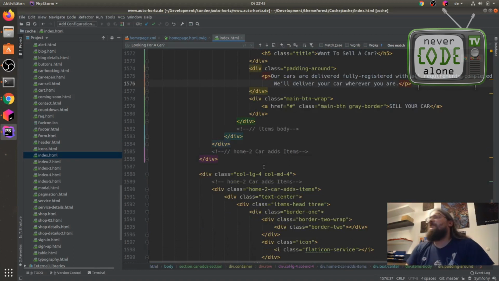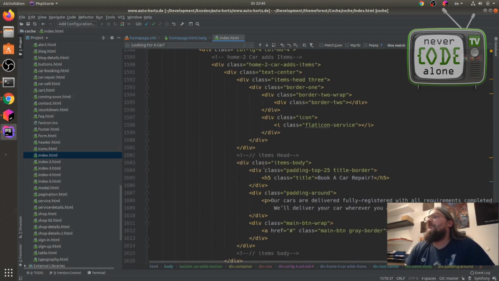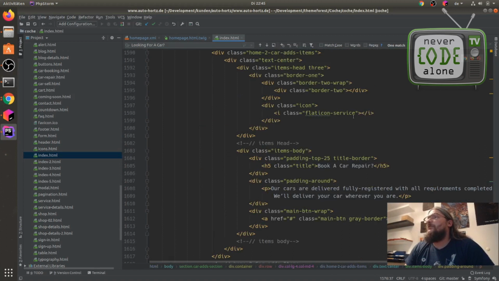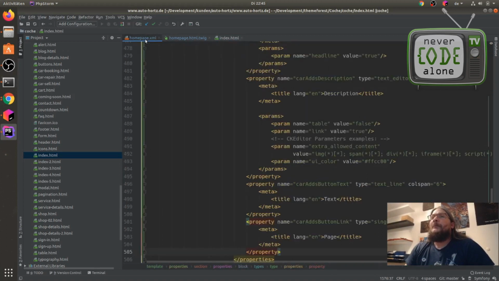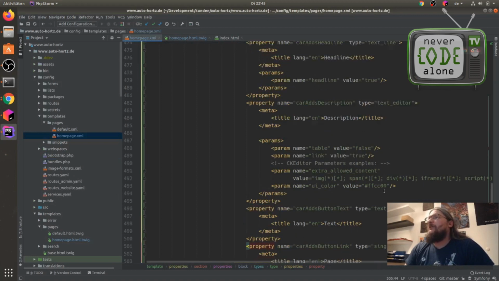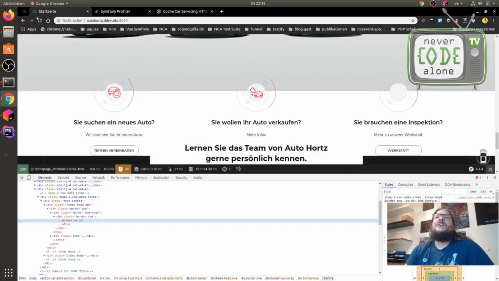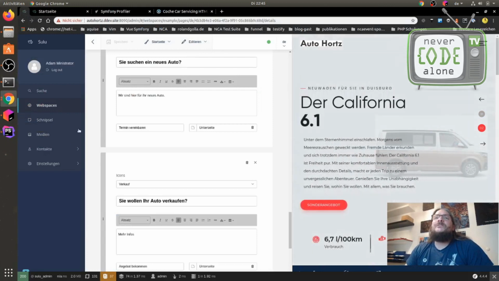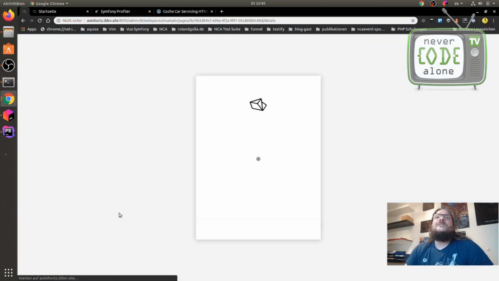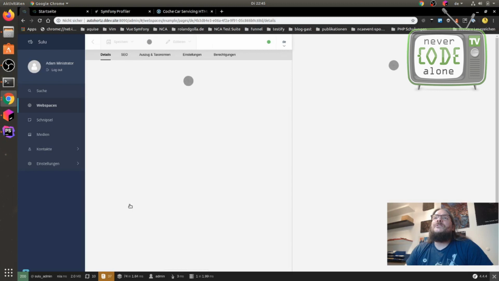It's not so bad to run into an issue and say, hey, we have some problems here. We have this flat icon minus service here, and we have this auto minus service. So we just remove this here, then I think we have to reload in the backend, because this is a new value here.